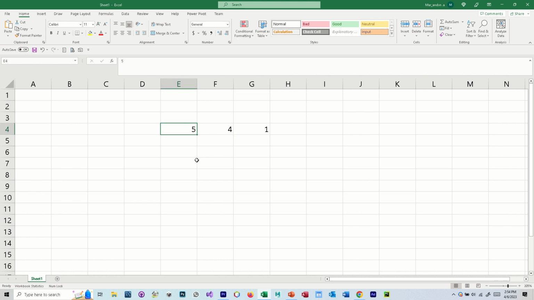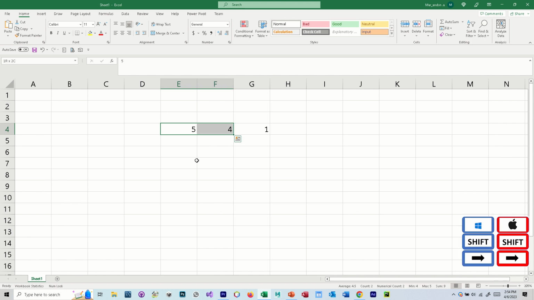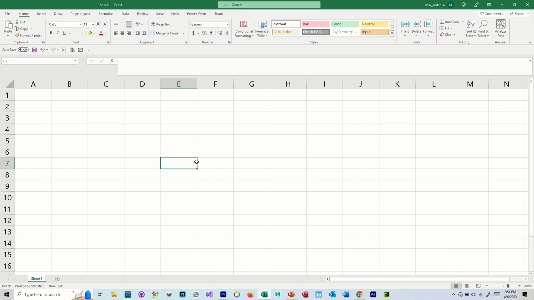So I'm just going to click here. I'm going to press the shift and hold it. Now I'm going to press my right arrow key once, keep pressing the shift, and I'm going to press the right arrow key again. Now I'm going to press my delete. Okay, so now